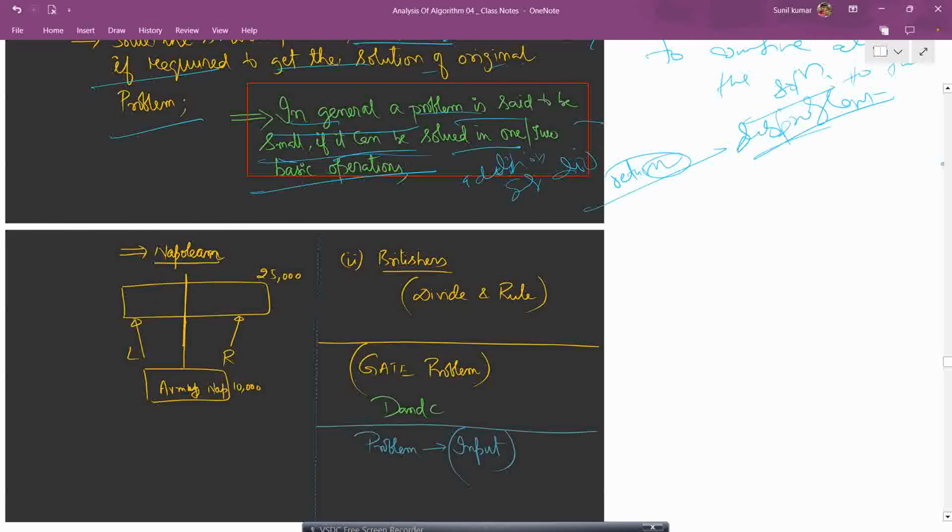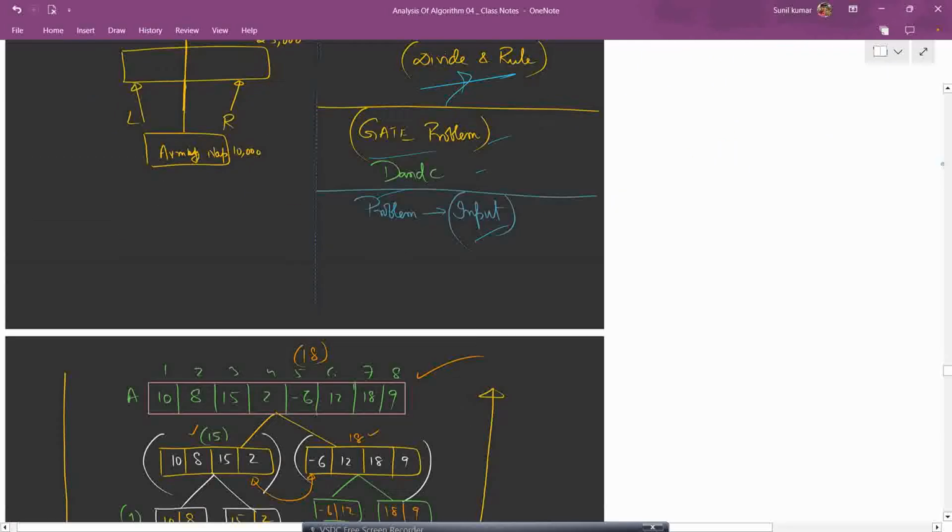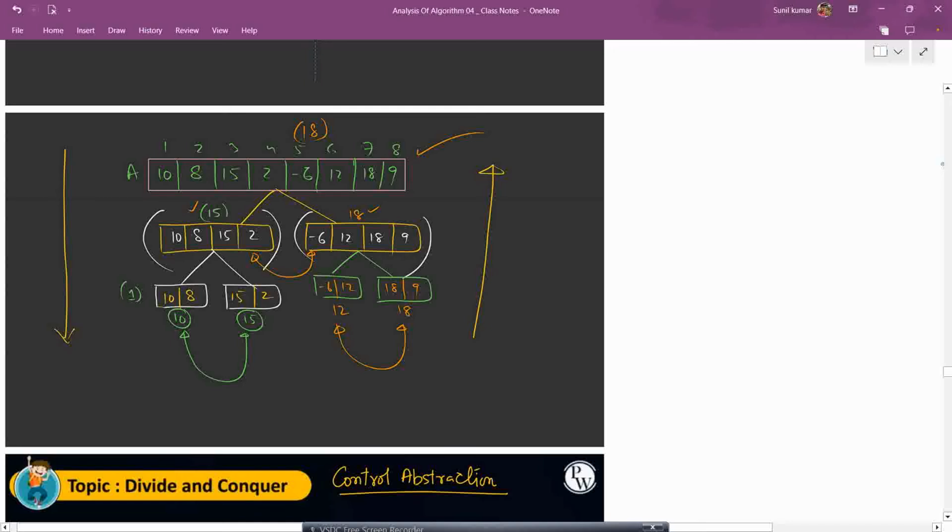Napoleon, what is this? The British used divide and rule. So this is some divide and rule. A problem is given. So in this case, this is an array. If we want to divide and sort this array, firstly, what we will do is divide it